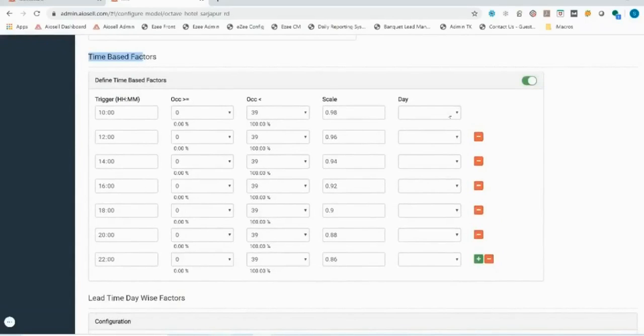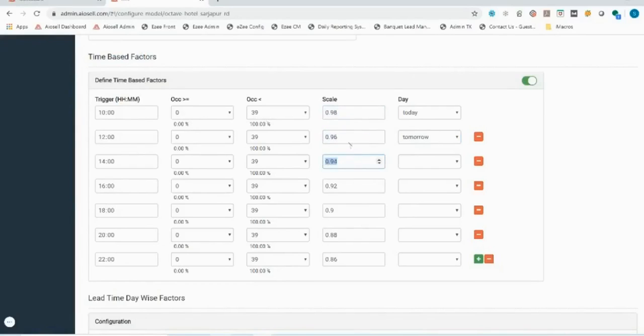This is typically done for hotels that pretty much sell between 24 to 48 hours. A lot of hotels have started selling rooms within the last 48 hours. So we can define either a today or a tomorrow as a factor, and we can say that at certain time points, so here in this case, we have specified time triggers at 10 a.m., 12 p.m., 2 p.m., 4 p.m., and so on. So every 2 hours, depending on a certain occupancy percentage of the hotel, we want the price to keep scaling down by 2%